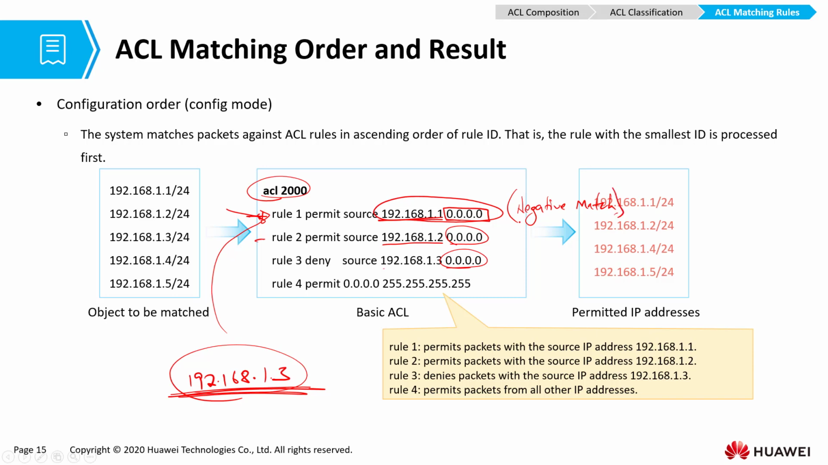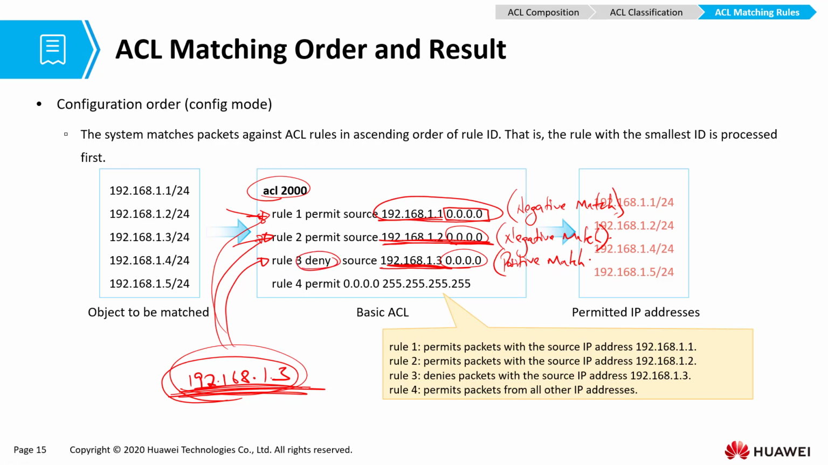Because it's a negative match, we shall go on to rule number 2 and match this source IP, all that traffic, against that ACL rule. And as you can see, it doesn't match, and so we shall have the result as a negative match. And then we shall go ahead and match with rule number 3. Because this traffic is from that IP, it results in a positive match. It's a positive match, and this particular rule is a deny statement, so it's a positive match with a deny